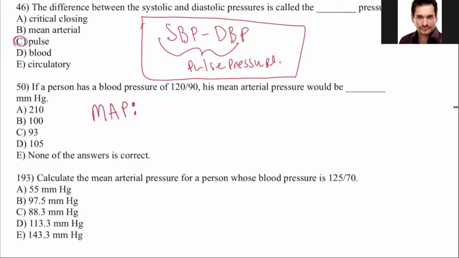It is 2 times DBP plus SBP over 3. Yeah, that's good. You could use that. Another formula